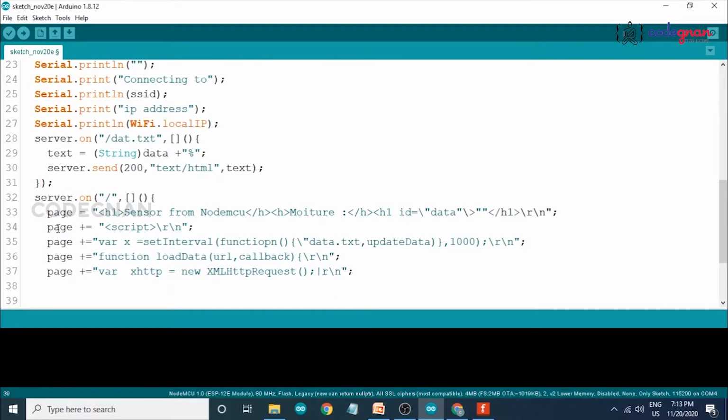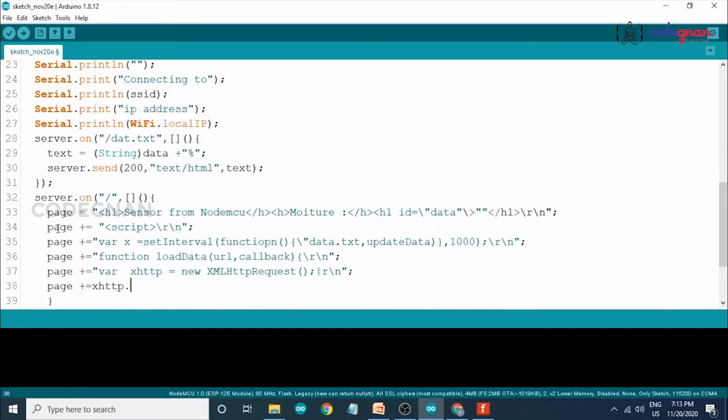Now again take this; all this helps us print our values clearly in the web server without refreshing the page. It automatically refreshes our page by taking the values.